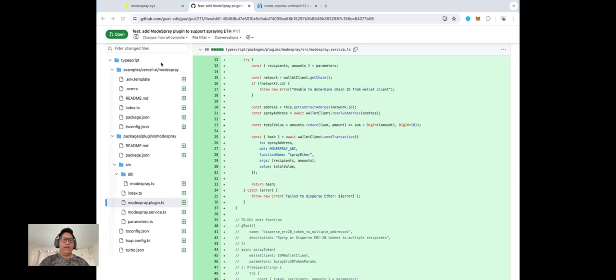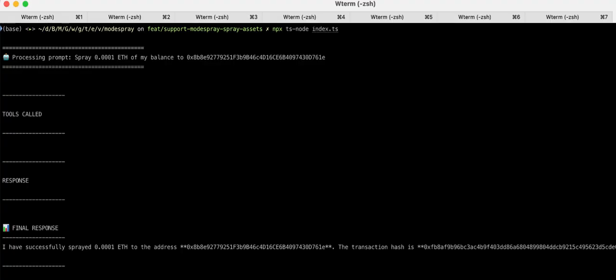Right now we can check this plugin in action. We just need to run npx ts-node index.ts. As you can see, it is processing our prompt. Here we say: spray this amount of my balance to this wallet address. And finally, the response should be successful, with this amount sprayed to all the addresses that we want